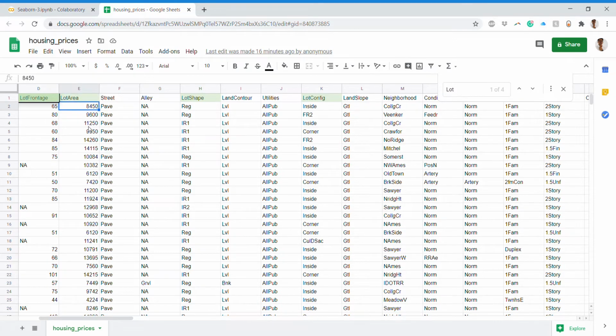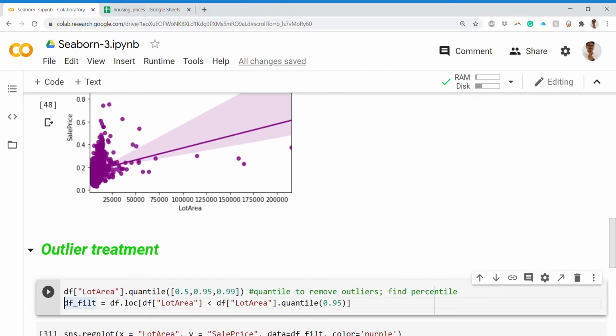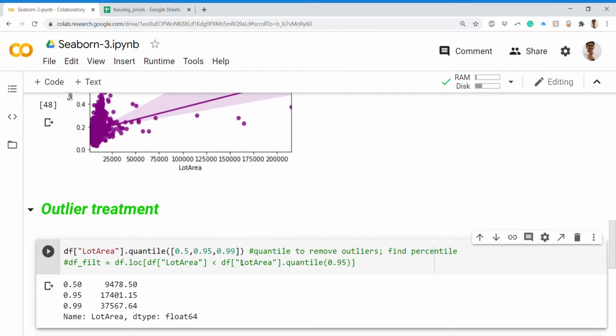In this lot area, I'll do an activity to check how we can see the different kinds of outliers present. This outlier detection is done on one particular column, not on the entire data set.